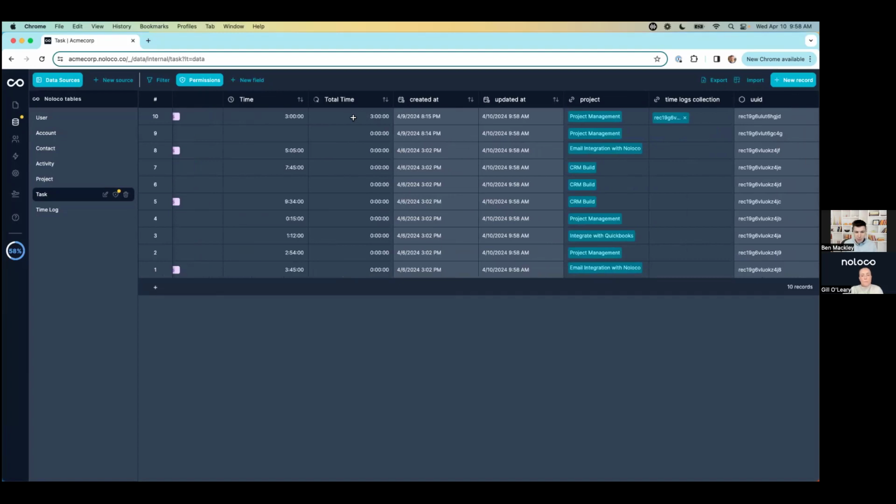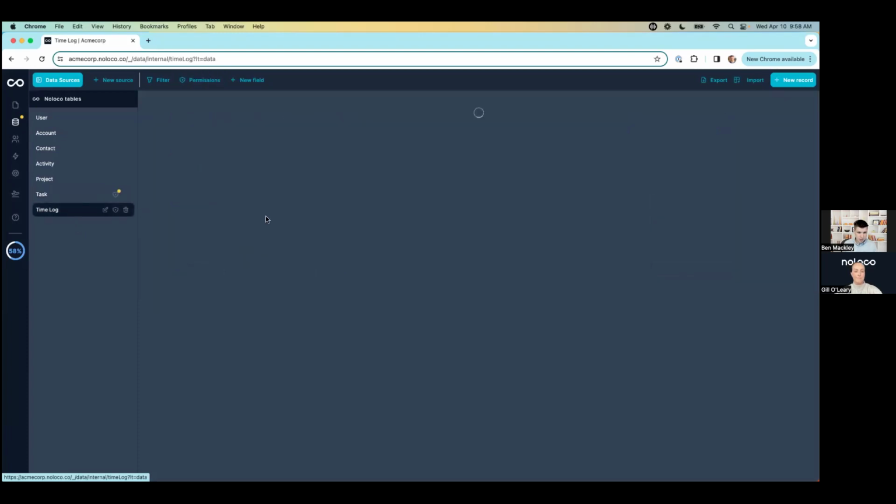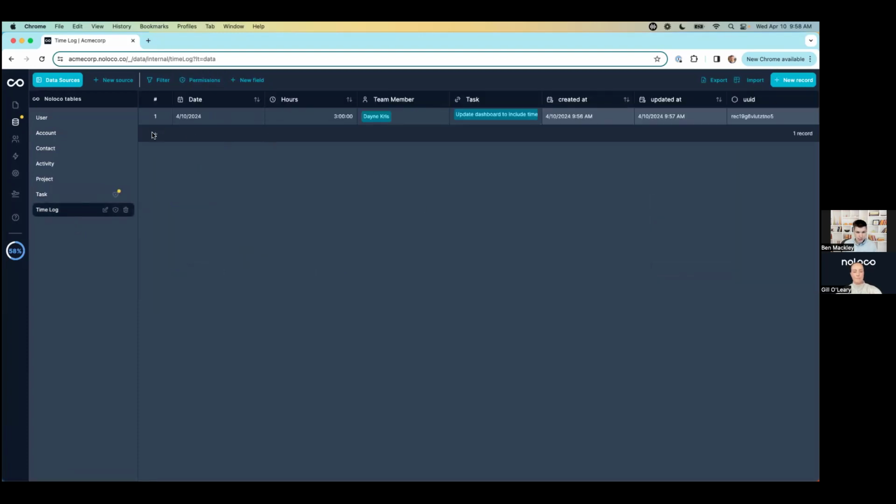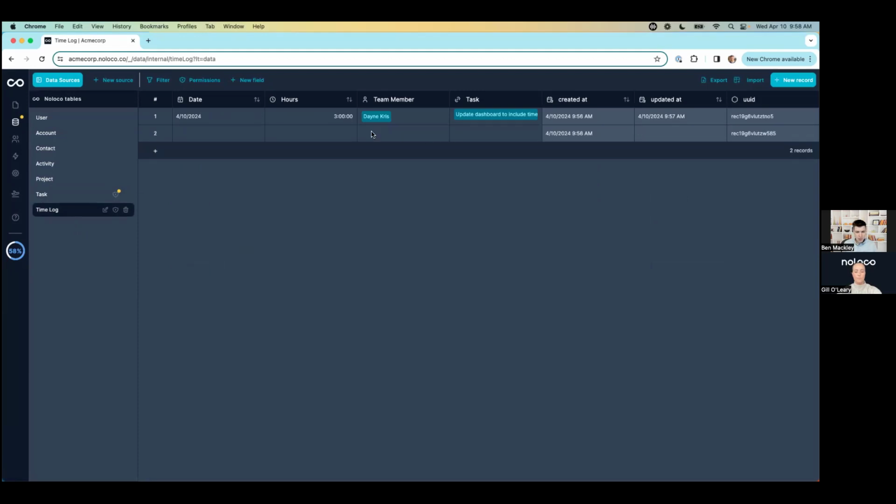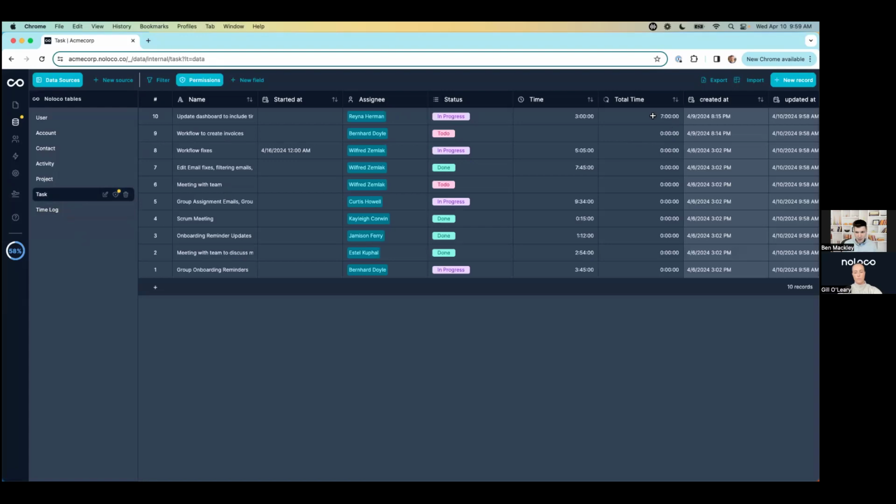So what we'll do is just create one more time log so that we can see it in action. So we'll link to the same task here. So we'll create another record and we'll say that it's a different team member that's working 4 hours on this task. And let's say that they worked earlier this week. And so now that we have it added, if we come back to the tasks, we see that the total